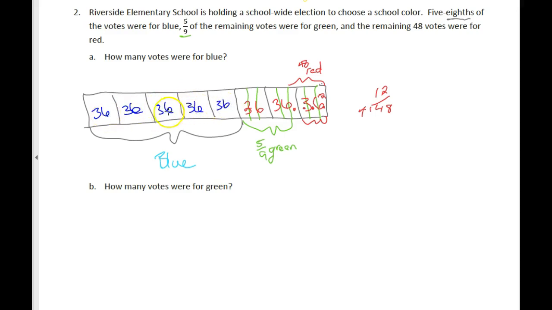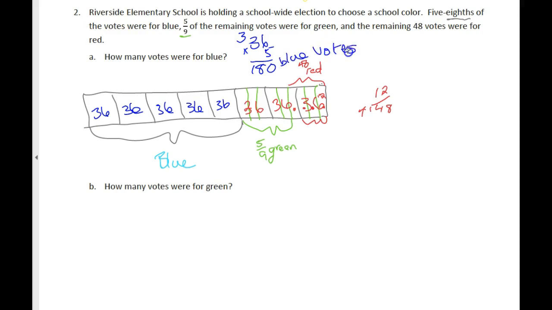And how do we figure out the total on that? 1, 2, 3, 4, 5. 5 squares are worth 36 each. So if we go 36 times 5, we'll then know how many votes were for blue. 5 times 6, 30. 5 times 3, 15, 16, 17, 18. 180 blue votes